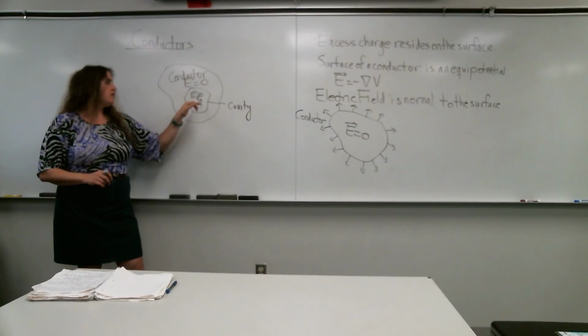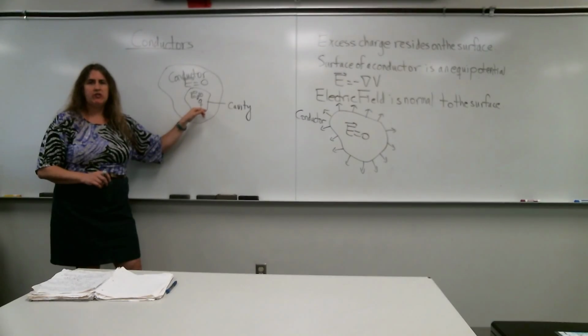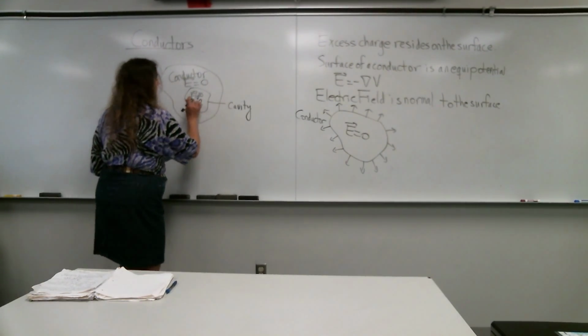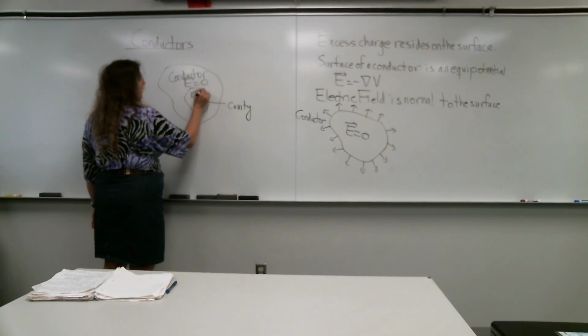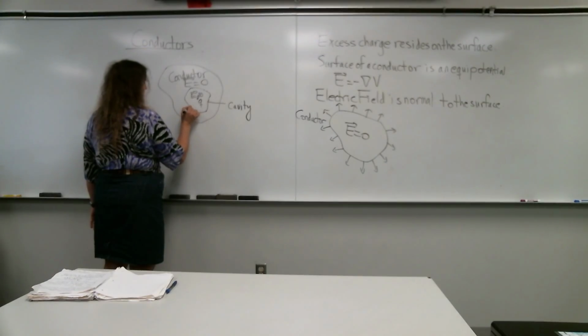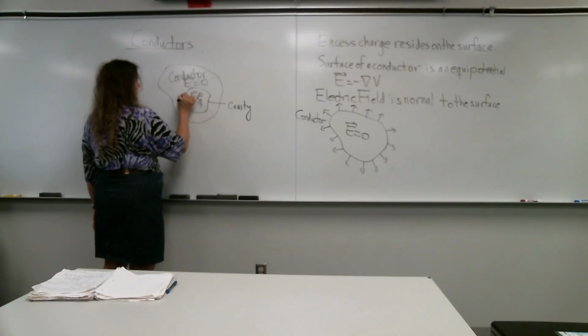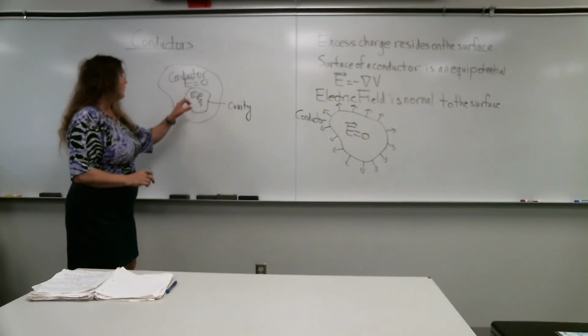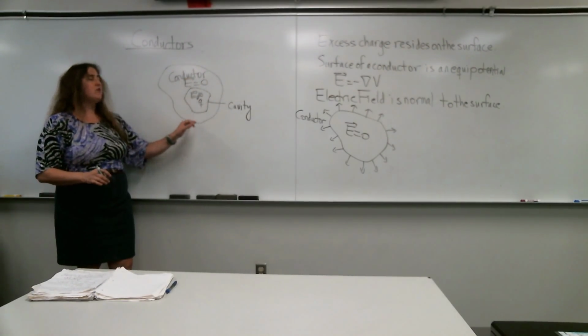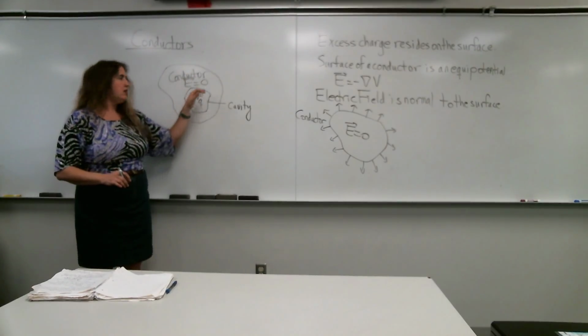Well, what happens is that there's going to be charge induced of the opposite sign on the surface of the cavity. So this is a positive charge here. We're going to have negative charges induced. And those negative charges are going to be oriented such that the electric field vanishes